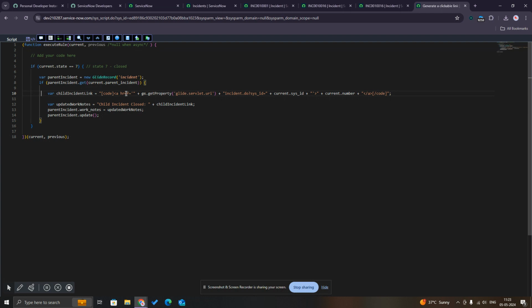If I break this into chunks, the first part is the anchor tag with the href. This part starts the HTML anchor tag, the a, used to create a hyperlink. The next one is gs.getProperty glide.servlet.uri. This method retrieves the base URL of the ServiceNow instance using gs.getProperty. It typically returns something like